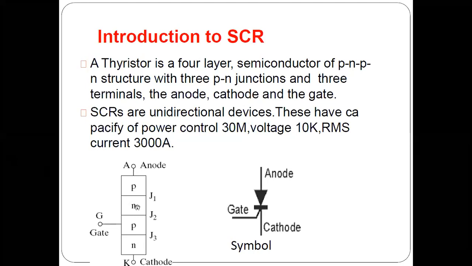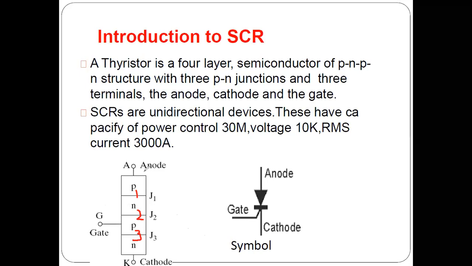Either it can be PN or NP. There are two classifications we can do, one is PN and the other is NP. That is the reason it is a PN device with three PN junctions. You can see the junction labels mentioned: J1 is the first junction, J2 is another junction, this is 1, this is 2, this is 3. So how many junctions do we have here? We have 3 junctions, and it is a 3 terminal device.